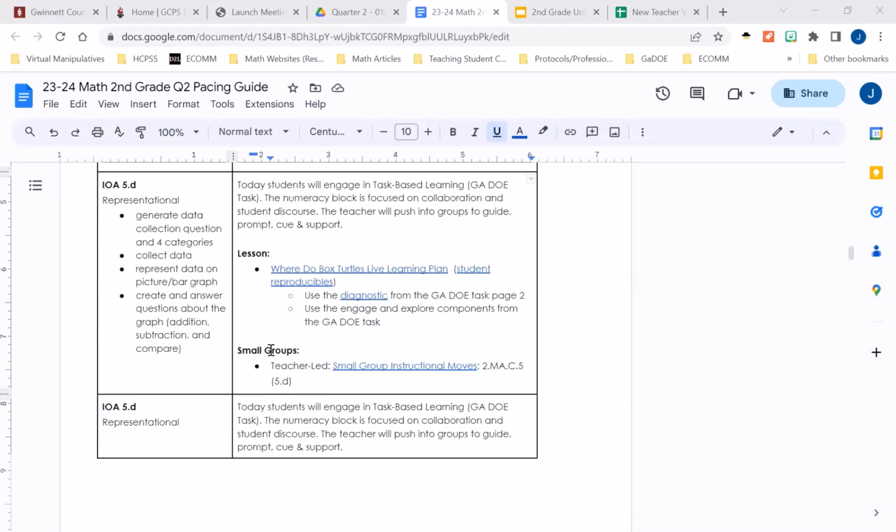Students will revisit IOA 5D for a suggested 2 days. For the 2 days, students will engage in a Georgia DOE task-based lesson where students create bar graphs to show data about the habitats of the eastern box turtle. Students are going to analyze the data and progress to asking a student-generated statistical question to gain understanding and information